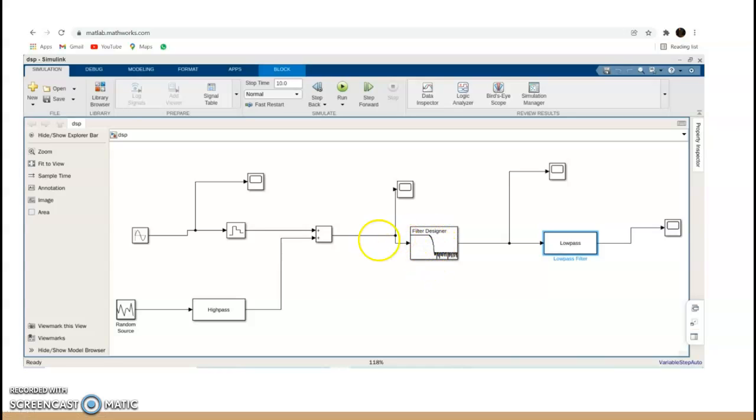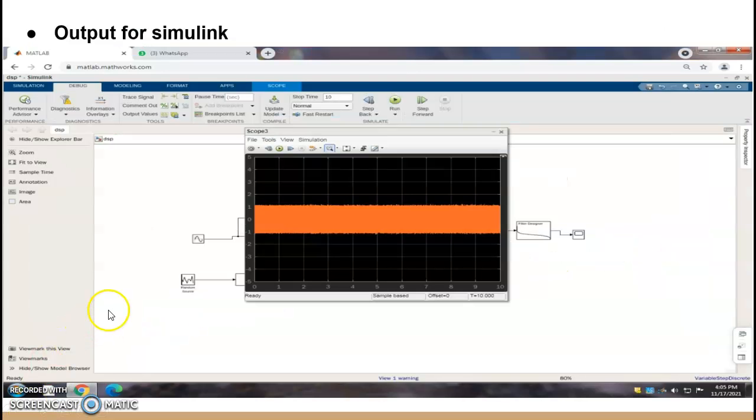And then the adder is also connected to the smoothing filter. It is also connected to a scope, and also to the low pass filter. The low pass filter and smoothing filter both join and connect to the scope. The low pass filter is connected to the scope, scopes 1, 2, 3, 4, and then also to scope 4, and the scope 3 result will be the simulation part.